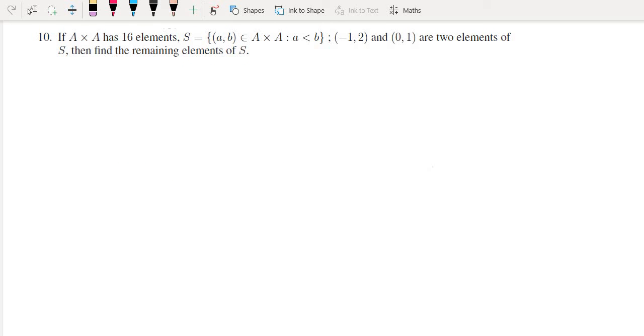Question number 10. The question is, if A cross A has 16 elements and S is equal to the set of all (a, b) from A cross A such that a is less than b, that has the elements (-1, 2) and (0, 1) as two of the elements, then we have to find the remaining elements of set S. First of all, number of elements